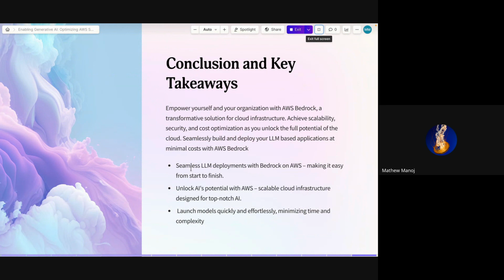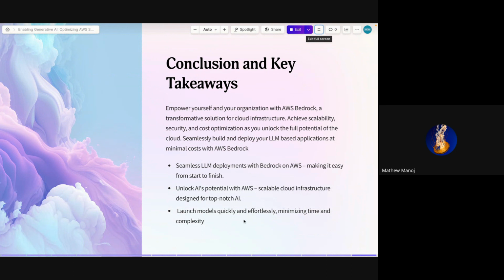So as the point says over here, seamless LLM deployments, making it easy to deploy, unlocking potential using cloud infrastructure. That is basically using services on the internet to make your life easier.